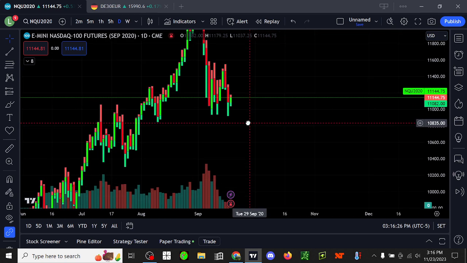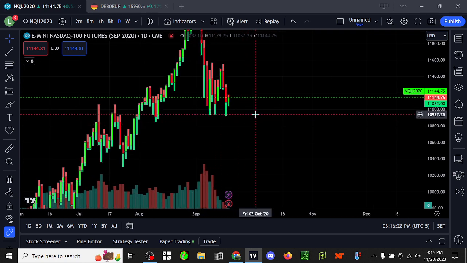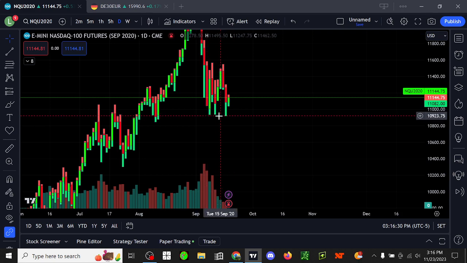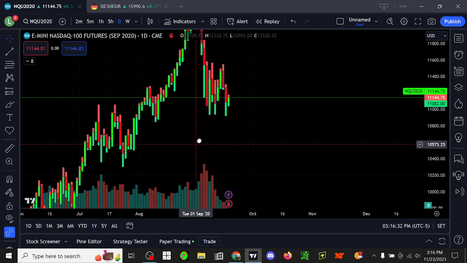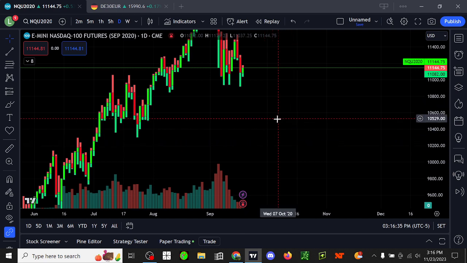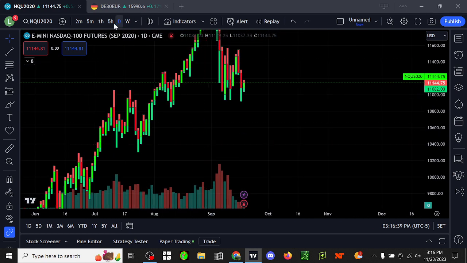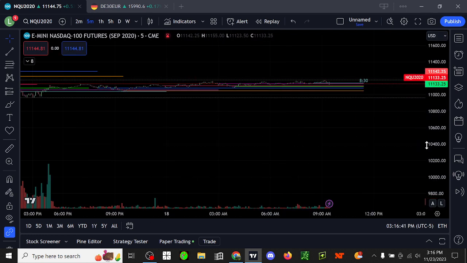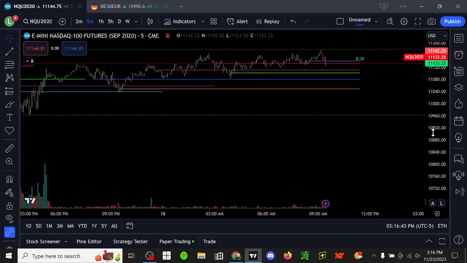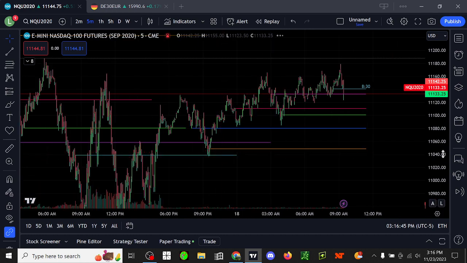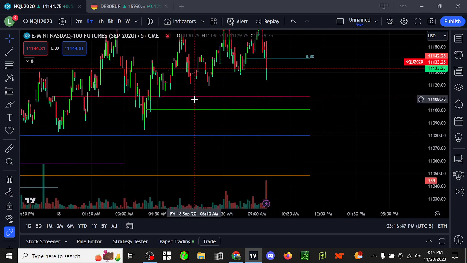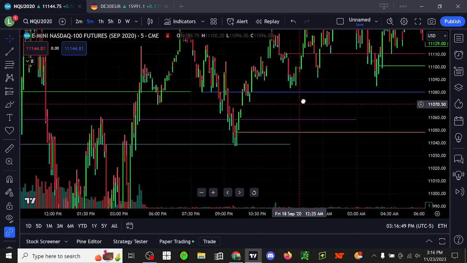So ICT talks about liquidity. He's talking about how stops get ran. That does happen. As you can see, it went below these, and then it starts going upward. Stuff like that too, of course, that's a real thing. And he's not the first person to see that kind of stuff. But he is about day trading. And if you're struggling with ICT, I hope this confirms to you that it's just not legit.